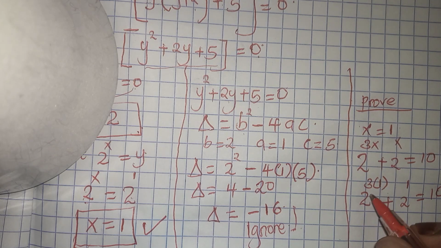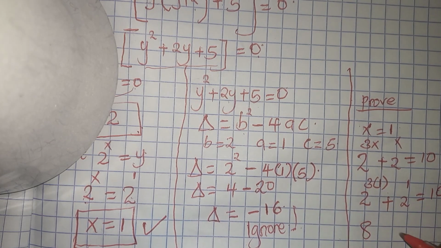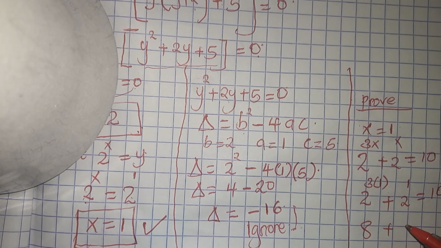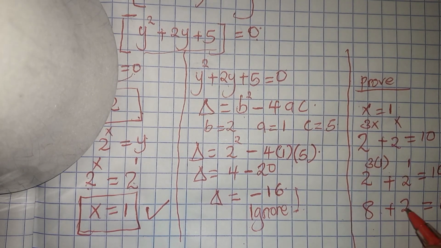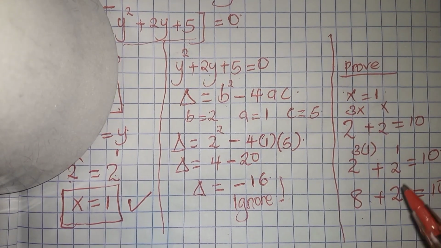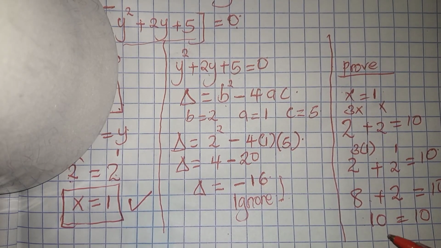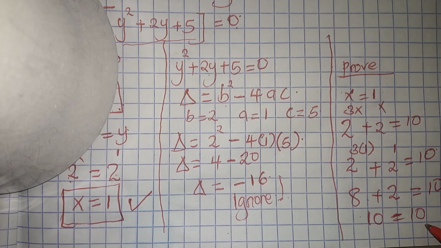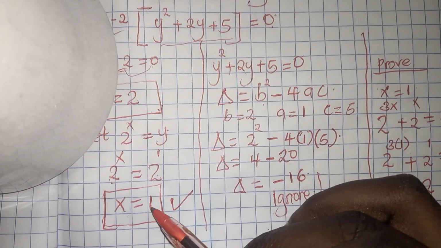So 2 to the power of 3 times 1, so this is basically 3. So 2 to the power of 3 is 8, plus 2 to the power of 1 is 2. So 8 plus 2 is 10 is equal to 10. So our left hand side is 10 and our right hand side is 10. So meaning x is equal to 1